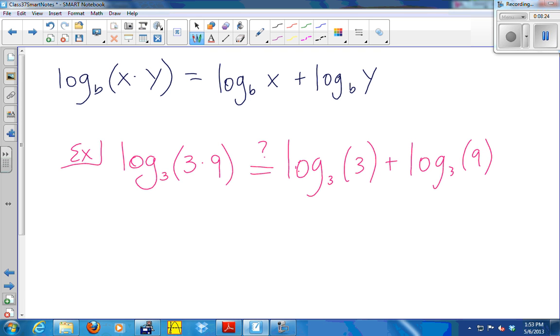So if you do the 3 times 9 first, you get 27. So this is log base 3 of 27. And so this is saying 3 to what power will give you a 27? Yeah, 3 times 9 is 27, but